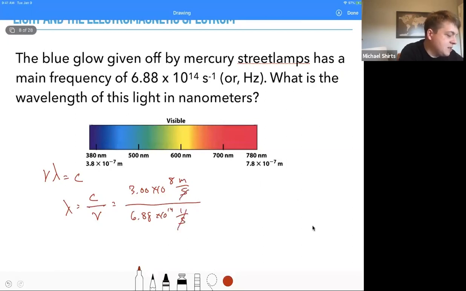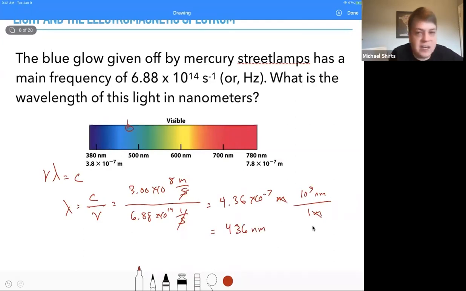So the inverse seconds cancel on the top and bottom, and we get 4.36 times 10 to the minus 7th meters. And if we then note that 10 to the 9th nanometers are equal to 1 meter, that cancels, and we get 436 nanometers, which puts us squarely right here. Yeah, that is indeed a bluish glow. So if we remember that frequency times wavelength equals speed, then we're set for a lot of